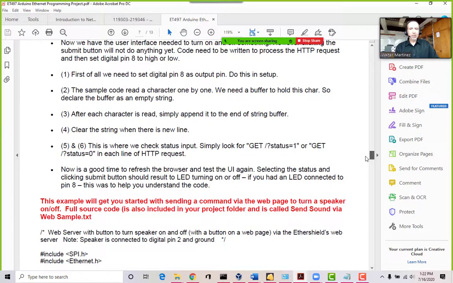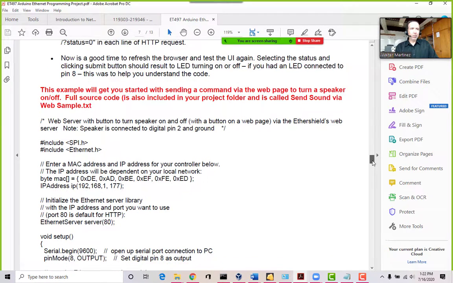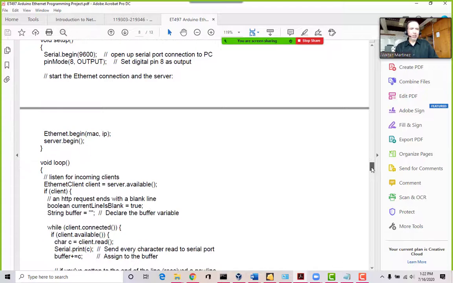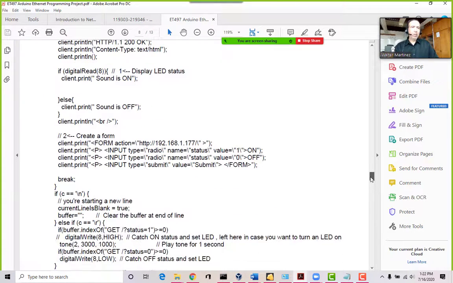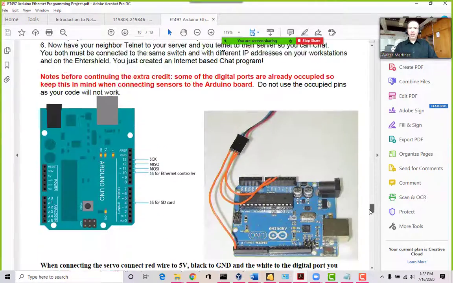Of course, there are things you have to figure out, so we don't just give you everything right there. There will be sample code on how to configure the web server, but you'll have to figure out some of the code on, for example, how to turn on an LED with a button. So you're going to combine C code with HTML code. So you're learning scripting, you're learning programming, all those things.